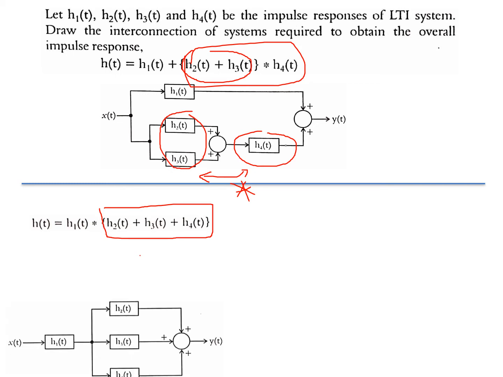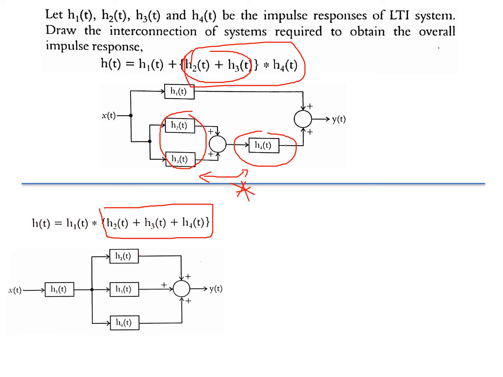See, first they have added all things. They got the addition. This is what they did. See, this is the sum. Then this one is the convolution at the beginning. This is the total block convolution, I mean convolution with it because of the cascade connection. Okay.